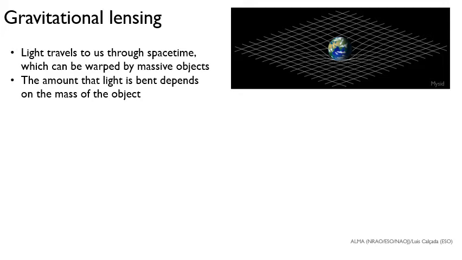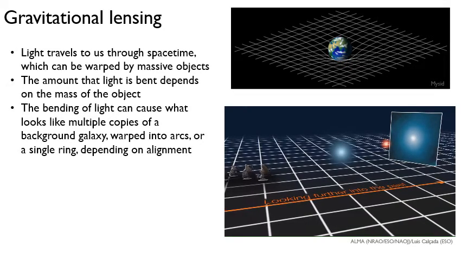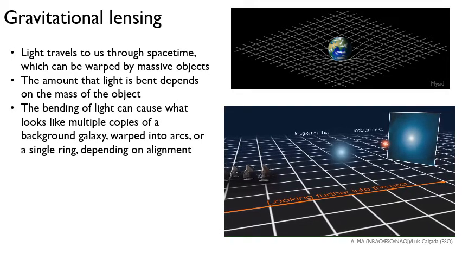We can also get evidence of dark matter from gravitational lensing. Before I show you how, I need to describe what gravitational lensing is. When light travels through space-time, its path is warped by a massive object. We can think of space-time as a fabric. Any massive object creates a dimple in the fabric, and the more mass the object has, the bigger the dimple. Light follows one of these lines, and these lines are curved by a massive object in space-time. And so the bending of light can cause what looks like multiple copies of a background galaxy warped